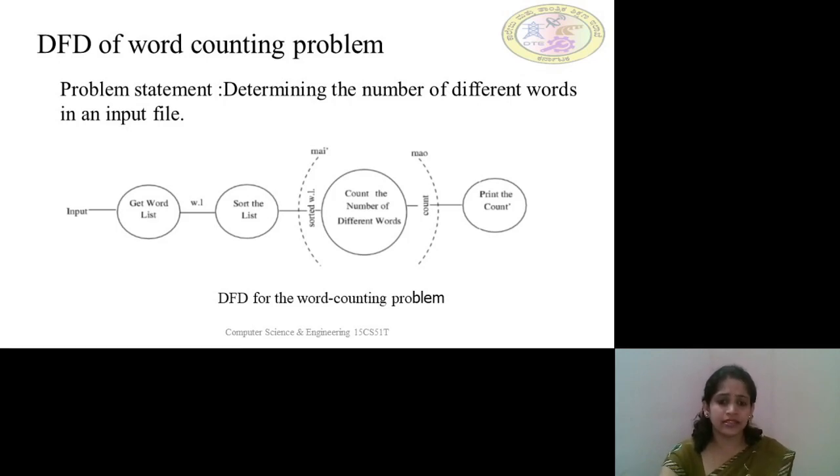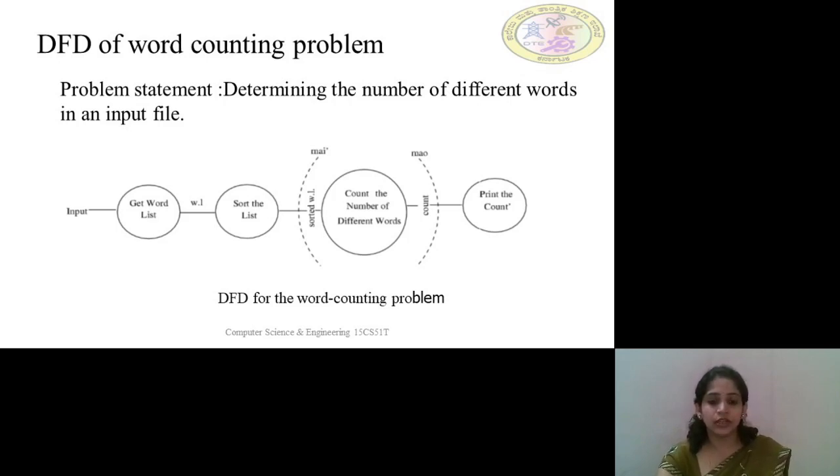In the diagram, we can see the sorted list is the most abstract input type. Why do we call it abstract? Getting the word list is also an input, and getting the sorted list is also an input of another form. But after sorting the list, it will no longer be an input. That is why we call it an abstract input. After this step, it is no longer a required input. So that is why we call it an abstract input.